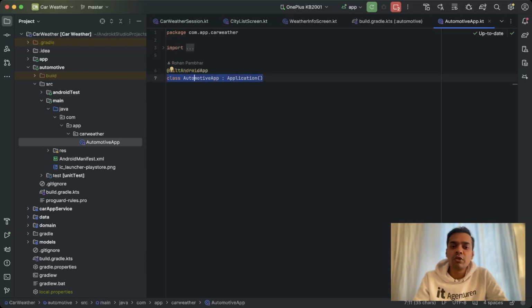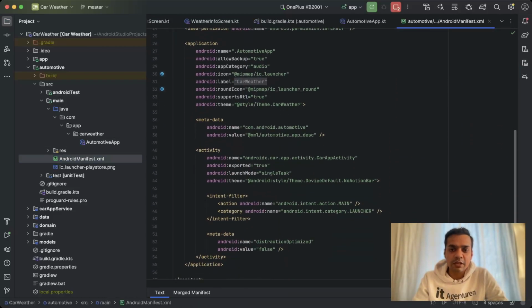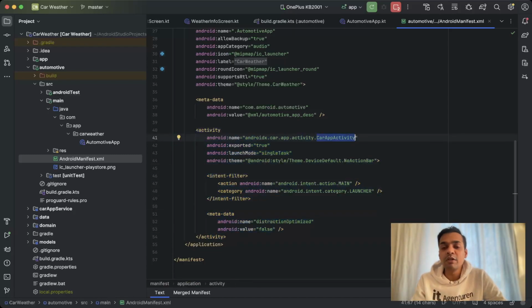But one thing you have to declare in the manifest is the activity that will start. This is the car app activity, an activity coming from the Android Automotive library. So when you click on any app icon in a car Android Automotive OS emulator, it will actually launch this car app activity, and this car app activity will launch the car app service and start a session with our first screen, which is in this